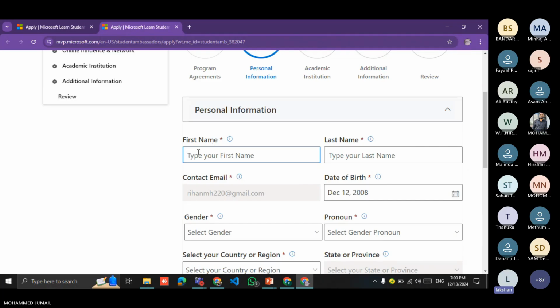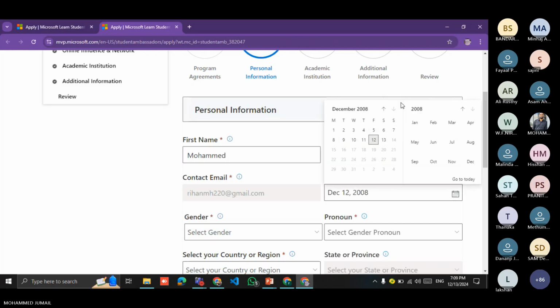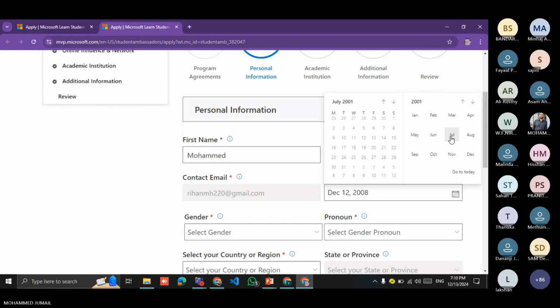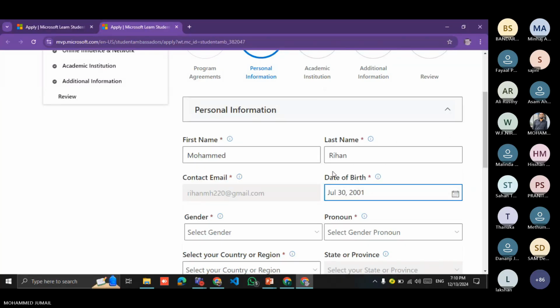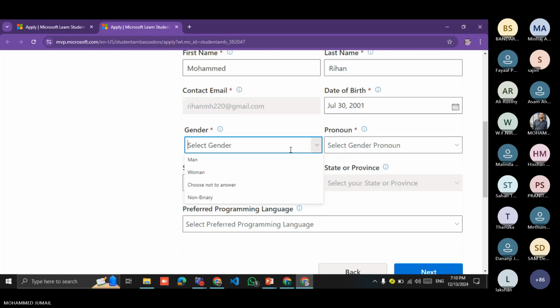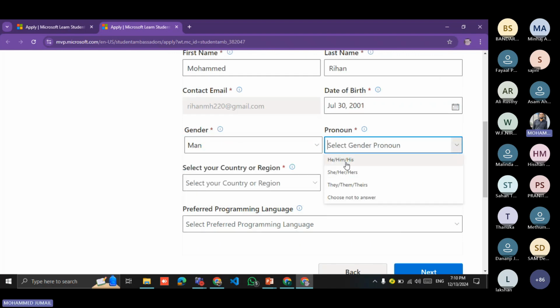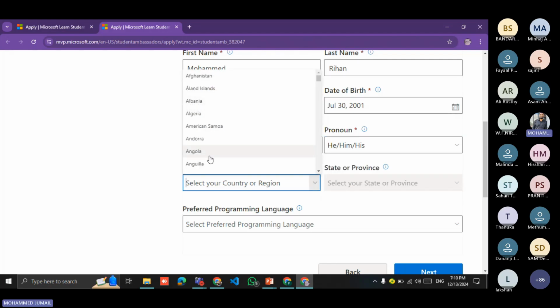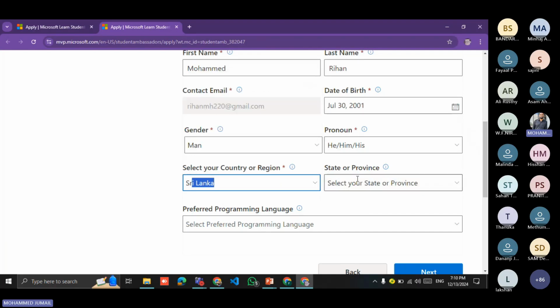Example: carefully fill in your personal information for the registration, giving some information to my account.